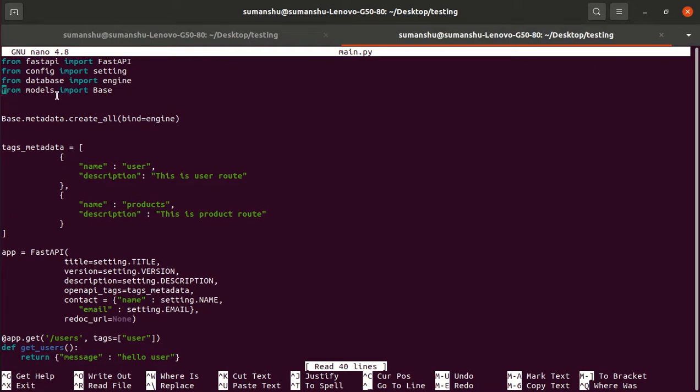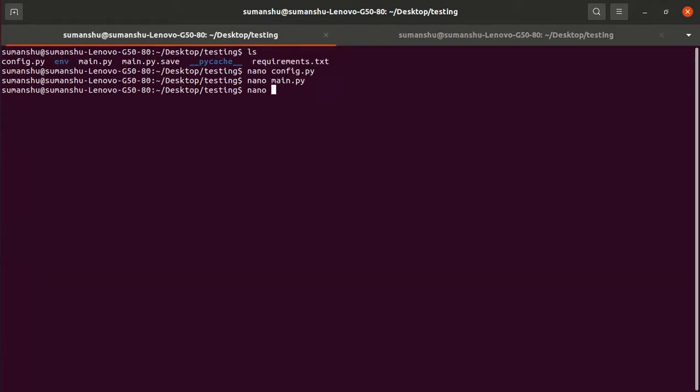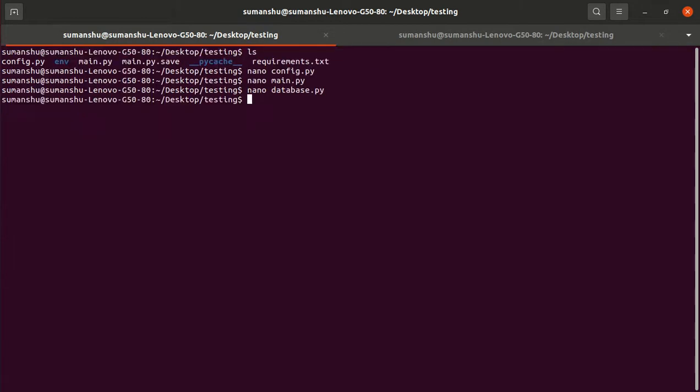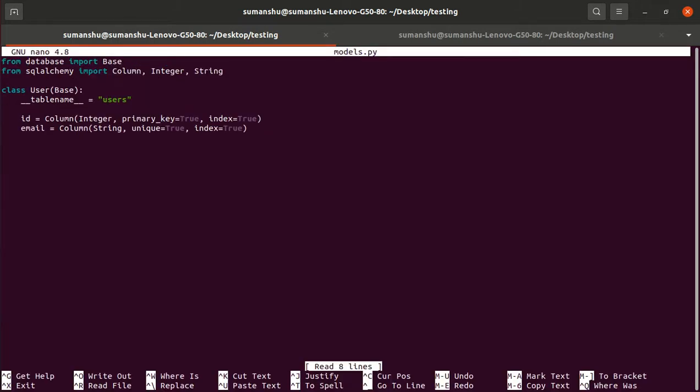I'm not sure, because the base is defined in our database class, so we can directly import from database, like import base from models.py. Probably that could be the reason, because the table which we have to create is defined under the models file. So that could be one of the reasons.